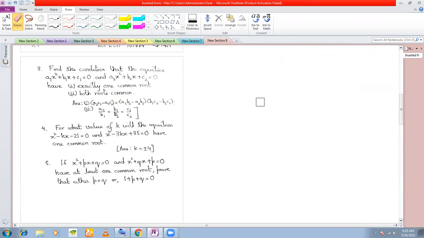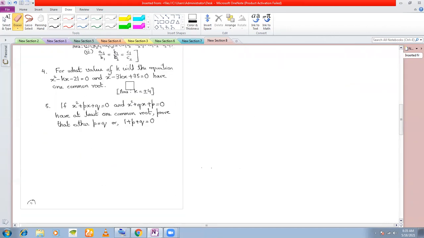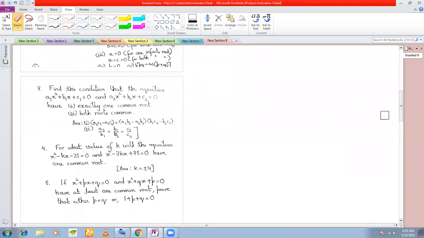So let's see here. Yes, this one, number 3. Let me first define common roots. Given two quadratic equations,